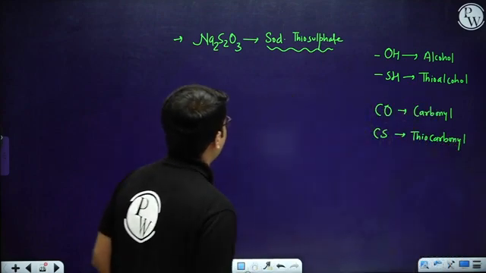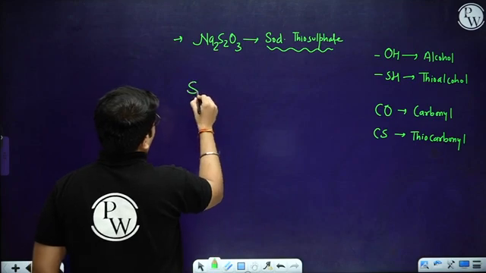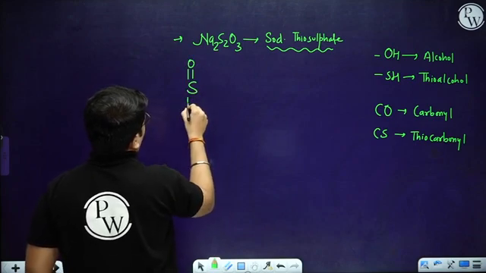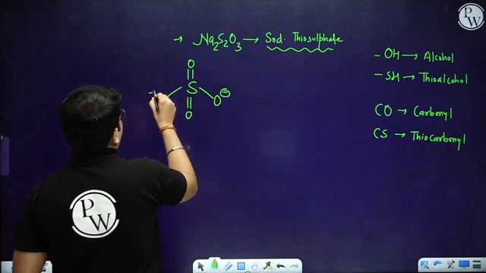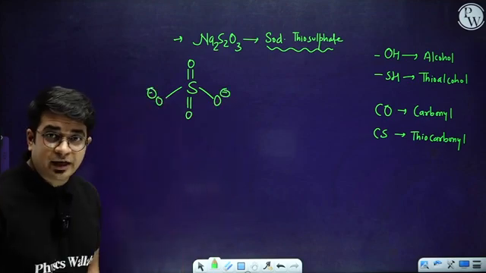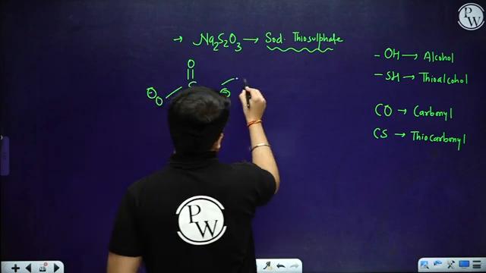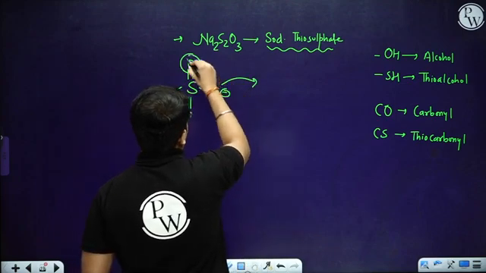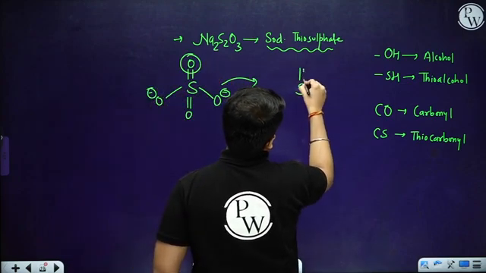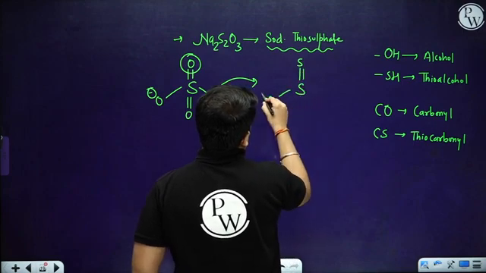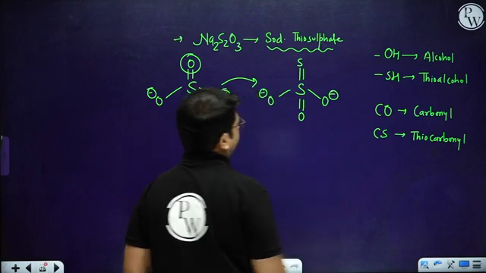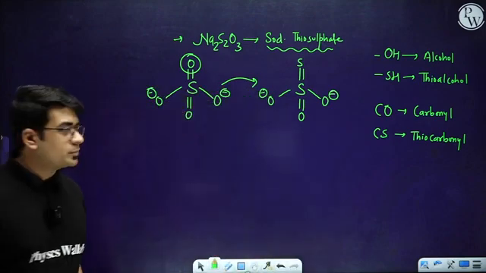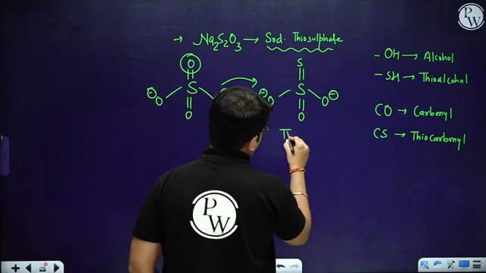Okay, so in the same way, if I talk about sulfate, sulfate is S double bond O, oxygen negative, oxygen negative. That is sulfate, SO4 2 negative. Thiosulfate means if you change one oxygen, that becomes S, double bond S, oxygen negative, double bond oxygen, oxygen negative. Okay, so that is the difference with thiosulfate. This becomes thiosulfate.